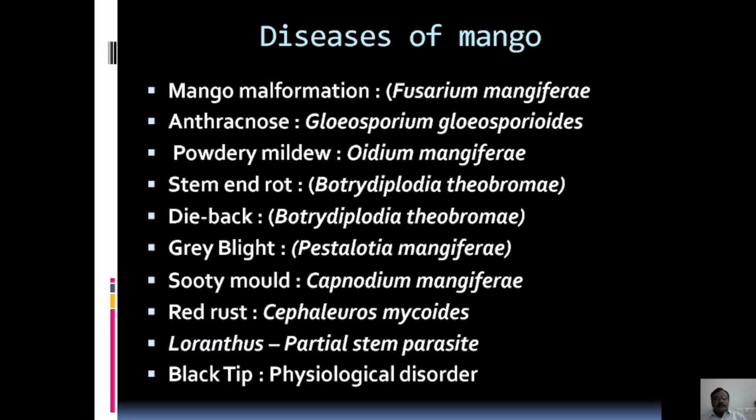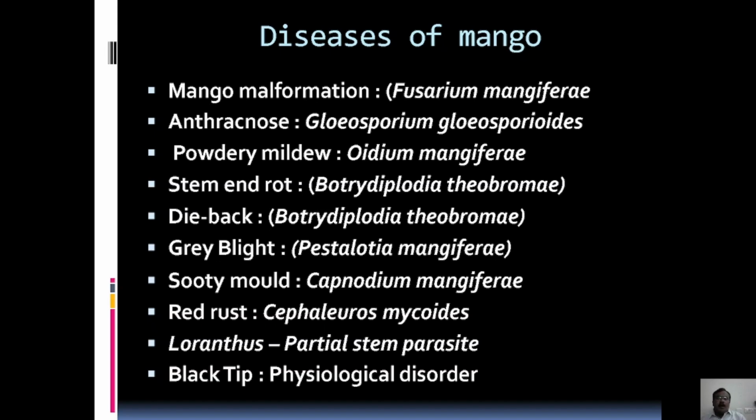Students, in this class we are going to learn some of the important diseases of mango. Among the diseases which affect the mango is the malformation caused by Fusarium mangiferae, which is very predominant, followed by anthracnose, which is causing latent infection, also caused by Gloeosporium gloeosporioides, and then powdery mildew, which affects the tender portion of the mango